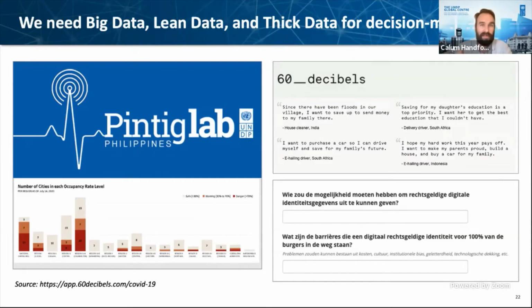So lean data is essentially things like mobile phone surveys, call center surveys, and also getting out into society and speaking to people. So learning about the data points and the lives and the livelihoods behind each bit of big data. And then the third thing that we talk about a lot is what we call thick data. And thick data is more qualitative. So it's things like observations, people's feelings, people's reactions and perspectives that provide real color and insight into people's day-to-day lives. And all these elements we bring together as part of the digital readiness assessment.